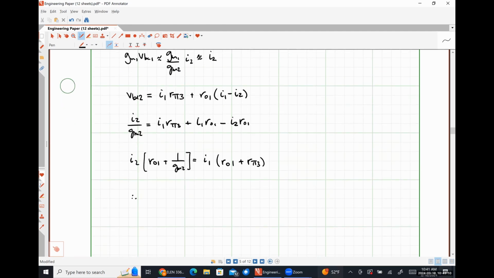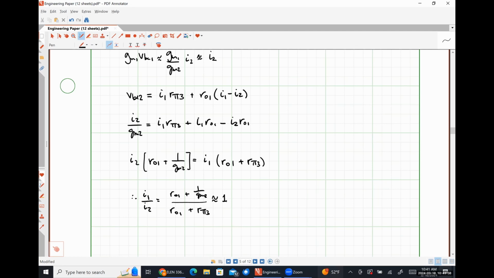And from this, the ratio of I1 to I2 comes out to be R01 plus 1 over GM2 divided by R01 plus R pi 3,